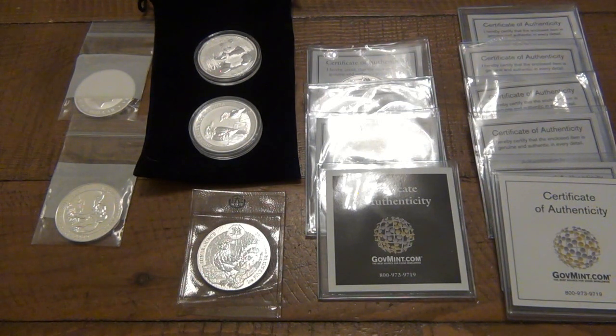But the one thing I can suggest most is, if you know nothing about precious metals, do your homework. There's a ton of YouTube channels that all they do is videos on silver and gold and all the precious metals, and how to invest and when to invest. There are definitely better times to be buying precious metals, when prices are lower, but you have to educate yourself. Someone may watch a video like this and get excited and go out and buy a silver